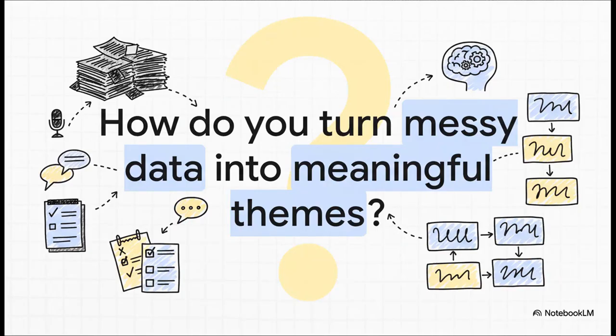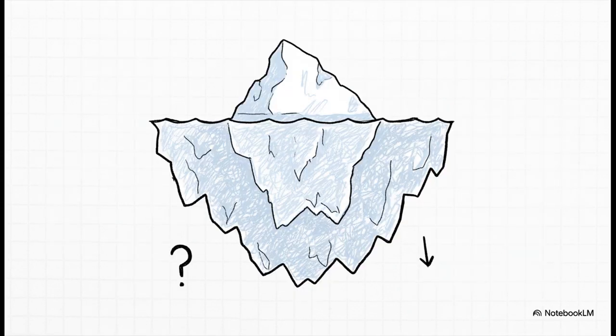So, if you've ever found yourself staring at pages and pages of interview transcripts, or just a mountain of open-ended survey answers, you know the feeling, right? You've got all this rich, complex, kind of messy data. So how on earth do you turn all of that into clear, meaningful insights? Well, that's usually where thematic analysis, or TA, makes its grand entrance. It seems so straightforward, so flexible, so accessible, and honestly, it is. But that's also where the danger is.